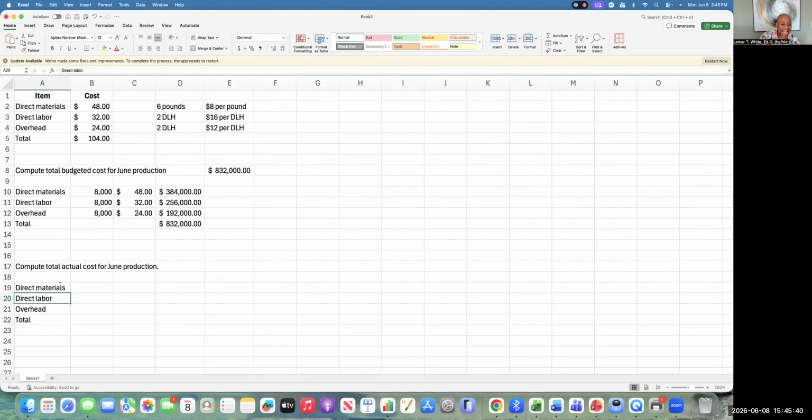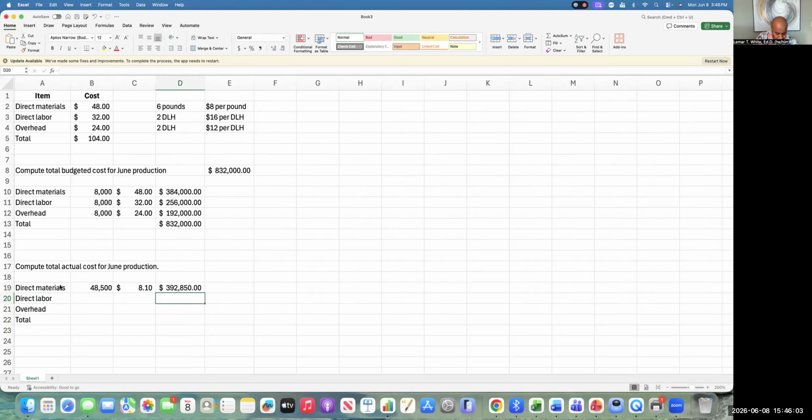Now I'm looking at the actual column. My actual results were 48,000 pounds for the 8,000 units produced, at $8.10 per pound. I multiply those two numbers and get the actual cost of my direct materials, which is